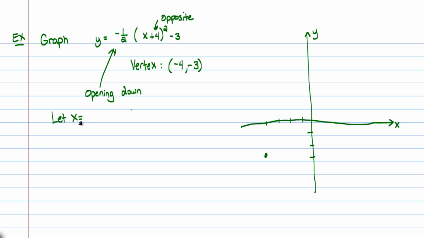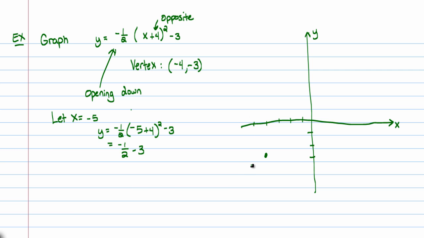Let's let x equal something so that we can find 2 other points. The easiest points to find are actually the neighboring points. So let's let x equal negative 5. If x is equal to negative 5, then y is equal to negative 1/2 times negative 5 plus 4 squared minus 3, which is actually a very nice point because negative 5 plus 4 is a negative 1, and when you square that, it becomes a positive 1. So this is just going to be a negative 1/2 minus 3 here. So that means you're at a height of negative 3.5,